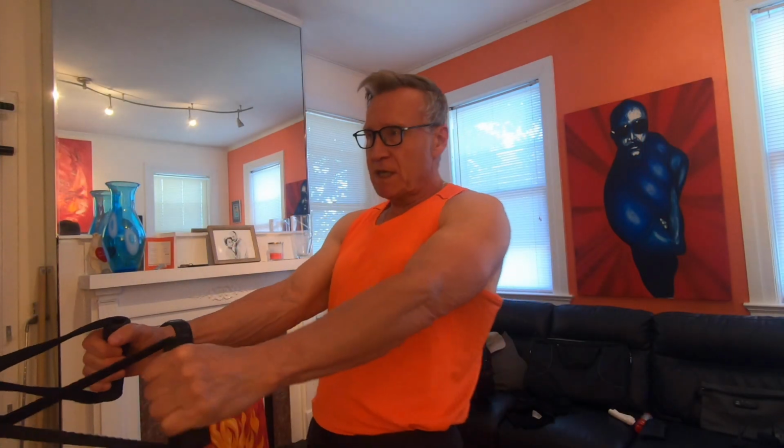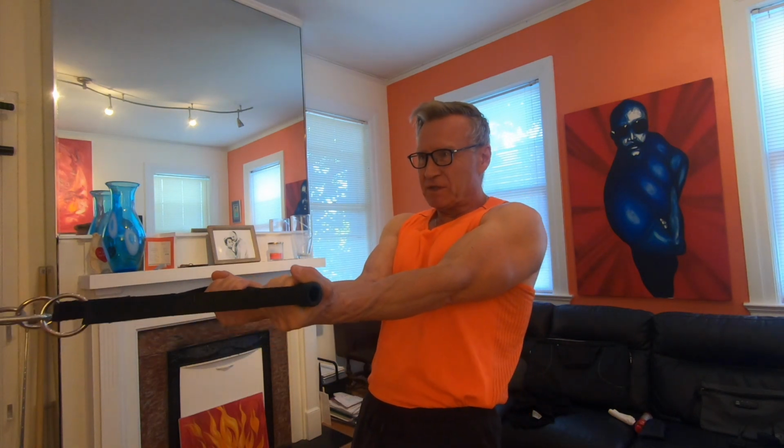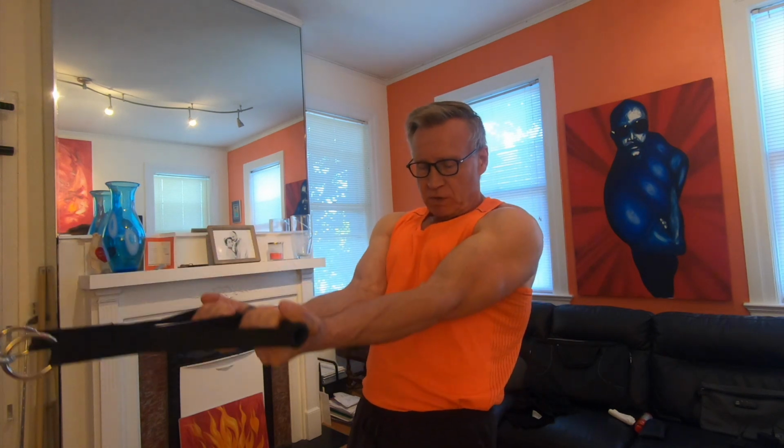All right, so we got the first superset group done. Now we're going to start with group 2, and that's going to begin with another bicep exercise. And this is going to be what I like to call abdomen concentration curls. Now I've got the resistance band set up, again, at shoulder height in the door frame there. And I want to get a nice starting resistance that we can keep throughout the entirety of each one of these reps. So I've got my elbows in against my abdomen,